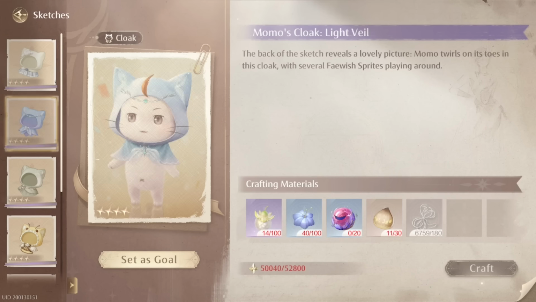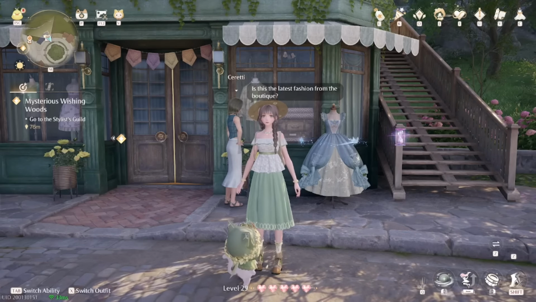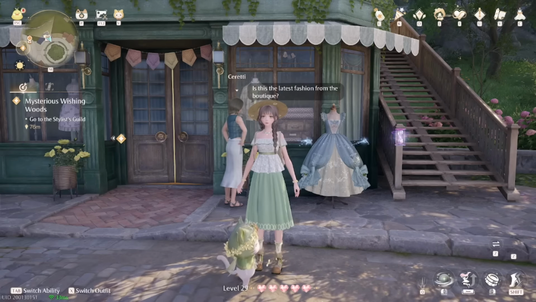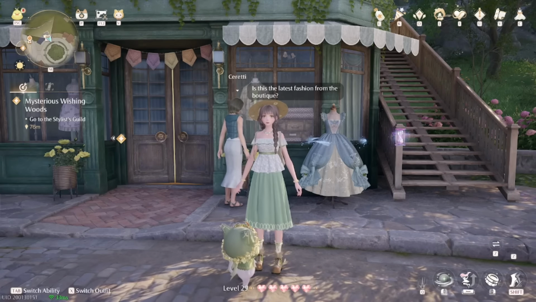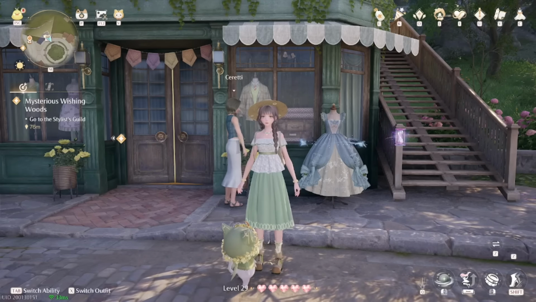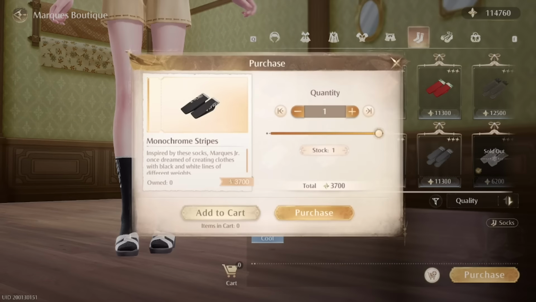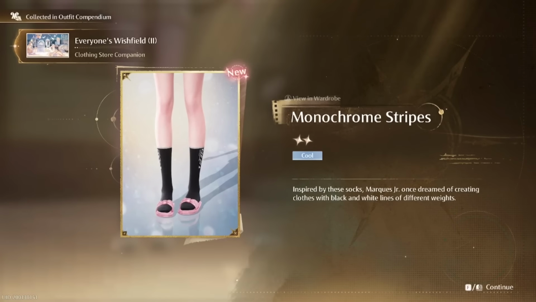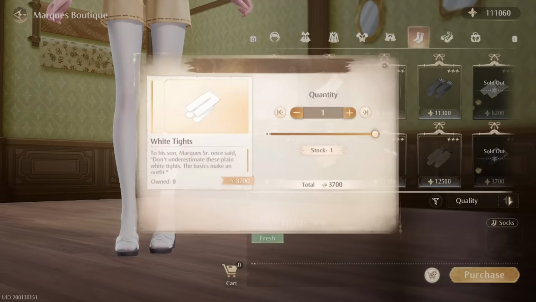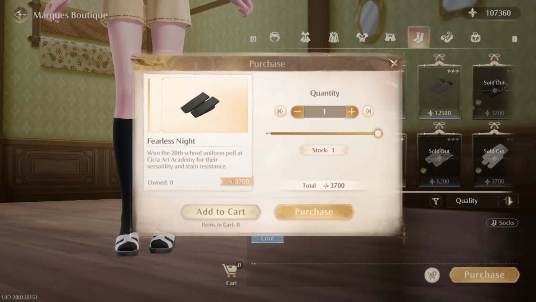They are very expensive. Whilst we are on the topic of expensive things, I think we need to talk about the dress out front of the Marquez boutique. This is a gorgeous blue dress which really gives Cinderella vibes, and you might be wondering how you get your hands on this. Well, first of all, you are going to need lots of bling, as you must first purchase all of the items that are available in the shop, and then once you've done that, this dress will become